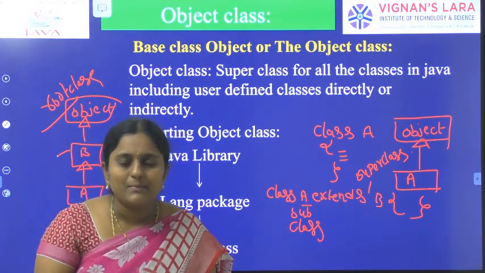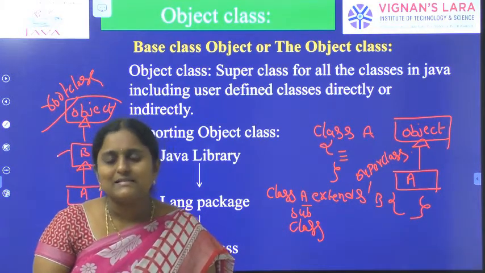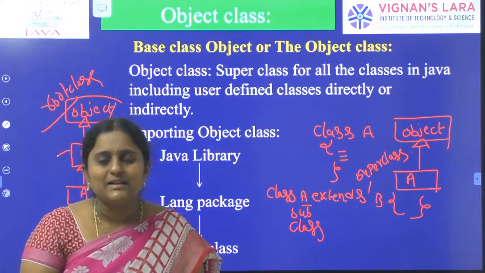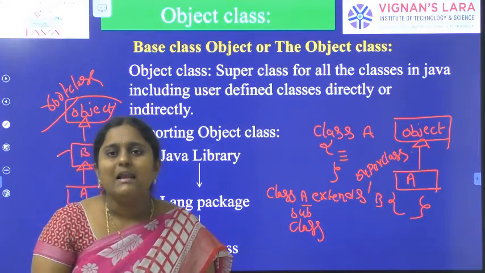For example, in our program we use the String class in the main method and the System class. These two classes are present in the lang package. That's why Java makes lang the default package. We need not explicitly declare the lang package.